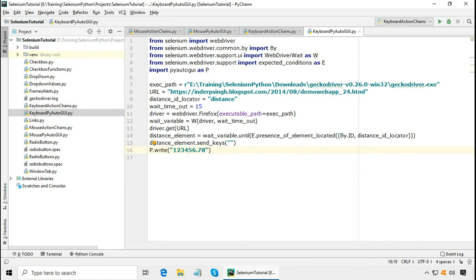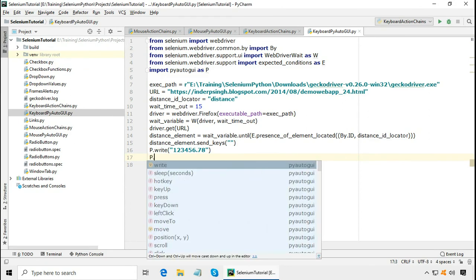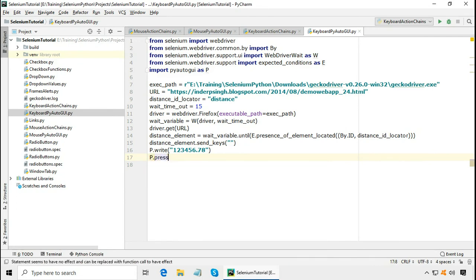6.78 because we have to edit some text also. The write method will type the characters. Now let us edit the decimal part away. We can use p dot press method, and here we have to give the key, which key we want to press. So we want to press backspace 3. The press method accepts a single key string, and optionally the number of times it should be pressed. Basically this method is going to press the backspace key 3 times, meaning it will delete 8, 7 and the